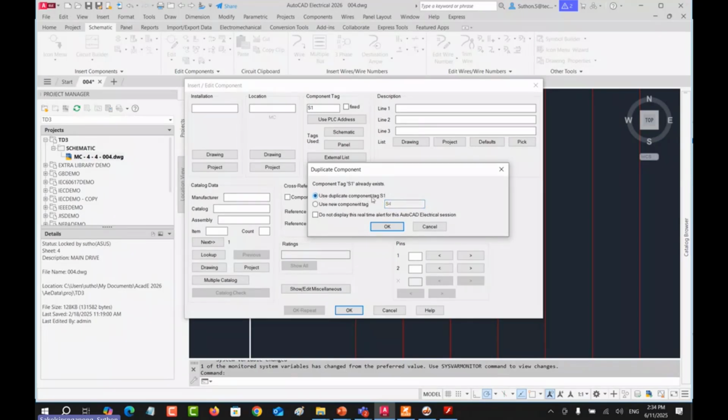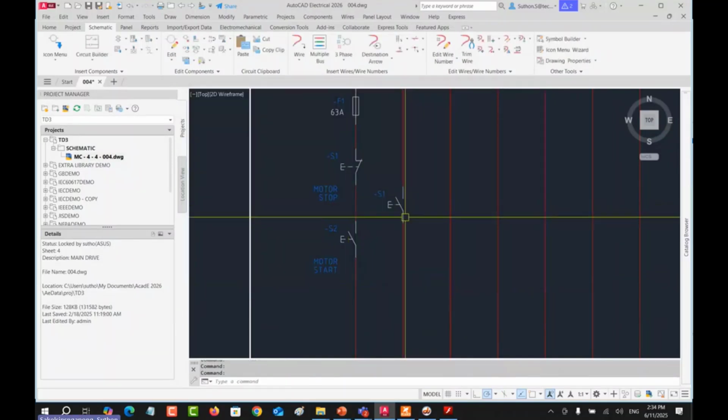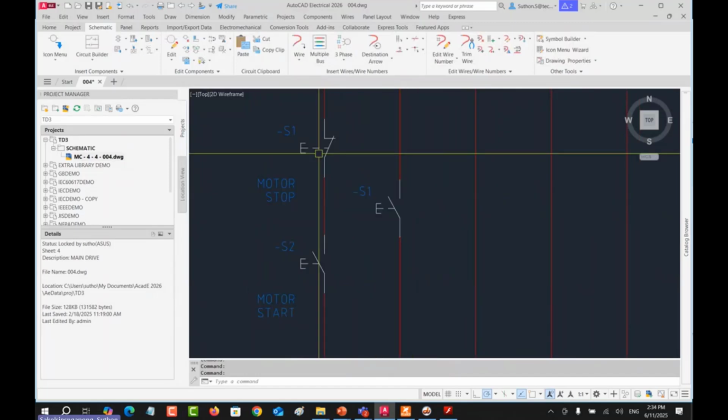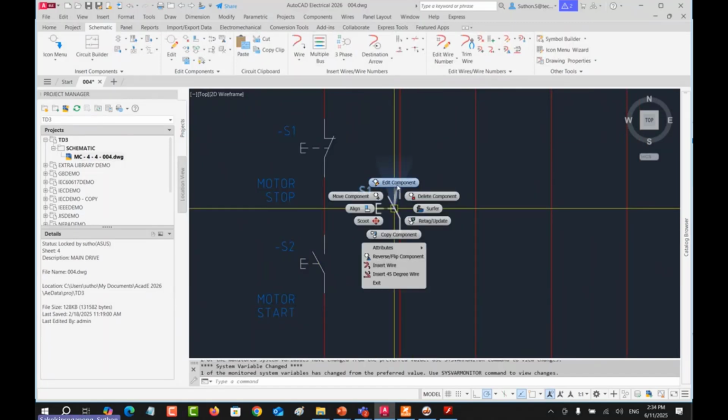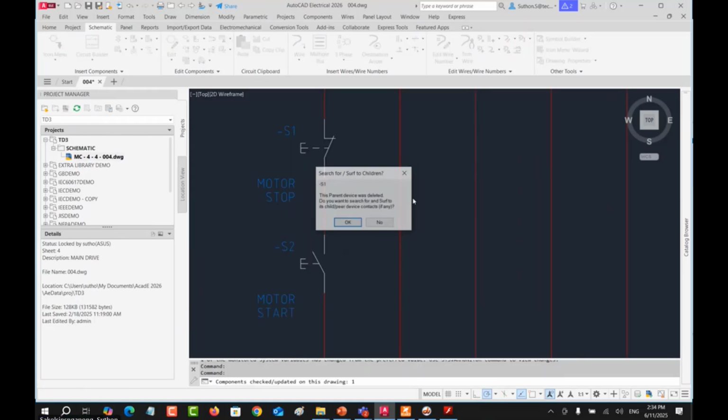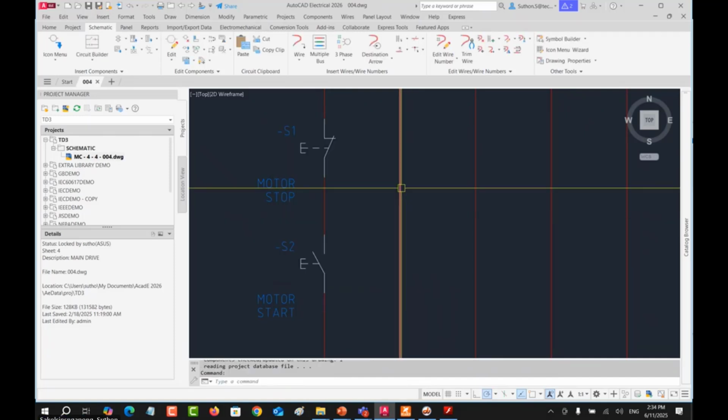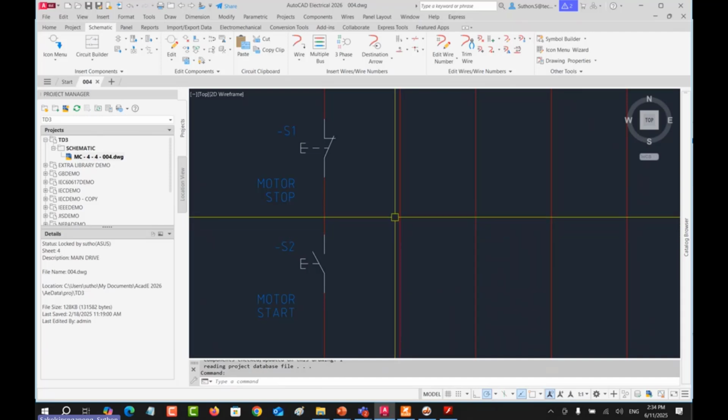But if you confirm to still use the S1 tag, the system will confirm your command, but it's not right. Normally, the system protects you from any error, and I told you that electrical design is an error-prone process, but this one protects you. If you don't want it, you can delete the component. And you can see that the line is connected back. You don't have to connect the line as you normally do in AutoCAD. The system will do it for you.